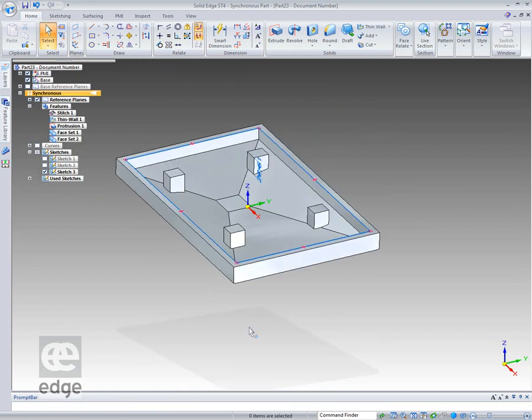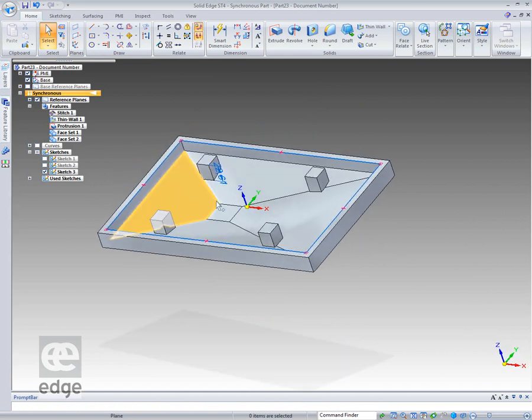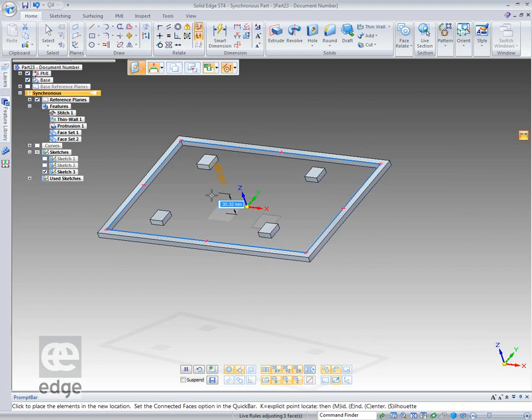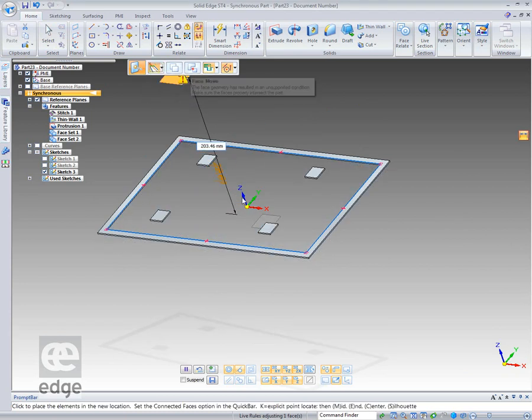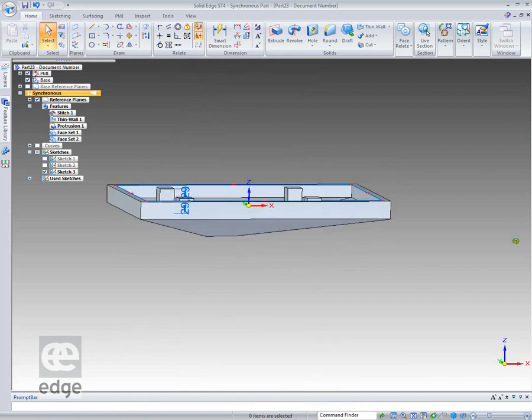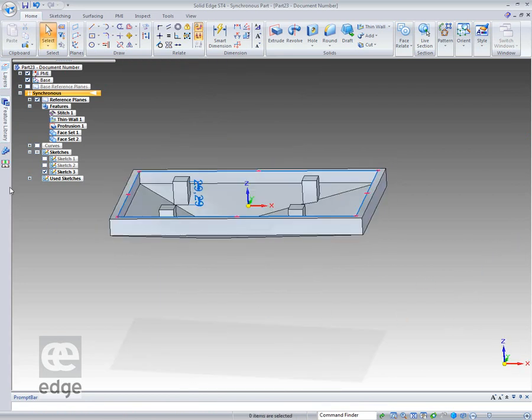So as you can see, it's a surface, it's a solid built from surfaces, but it allows us to very easily modify because it's a synchronous model. Okay, moving right along. The next one that we're going to have a look at is, as I said,